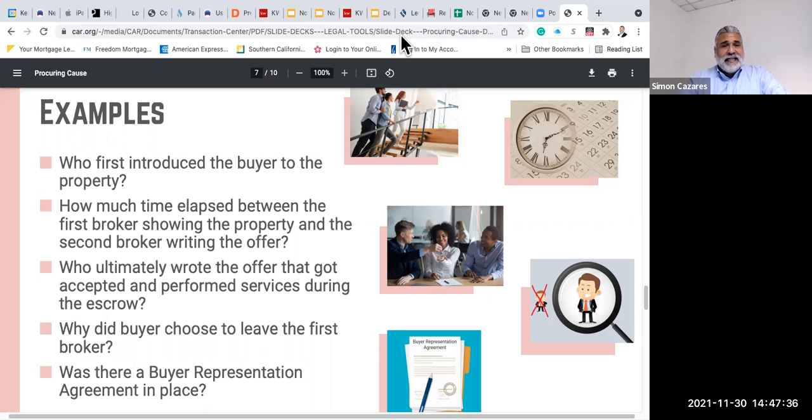If you're just not seeing eye to eye, there's no meeting of the minds, the buyers are going in a different direction, they're just not being realistic. I don't want to work with unrealistic buyers. I'm going to cancel on them because they're not being realistic, okay? They want to submit an offer for $500,000 on a $1.5 million home, okay? They want to live in a highly desirable area, but they're not willing to pay for it. I'm not going to waste time, effort, and energy. I'm just being truthful.